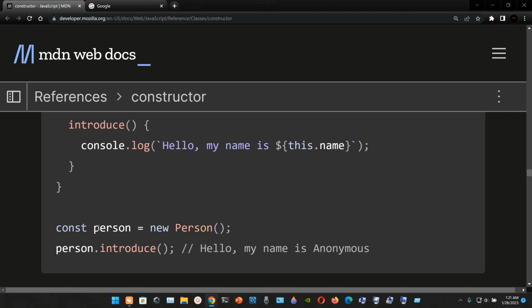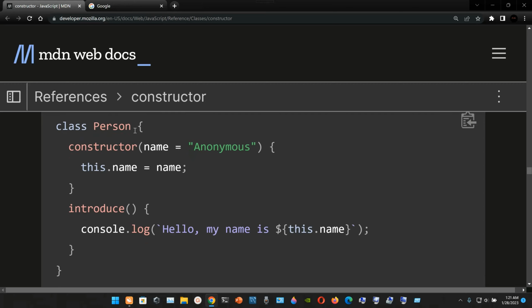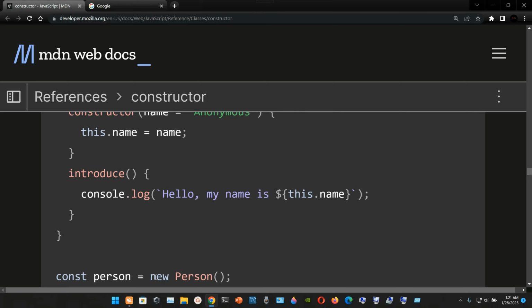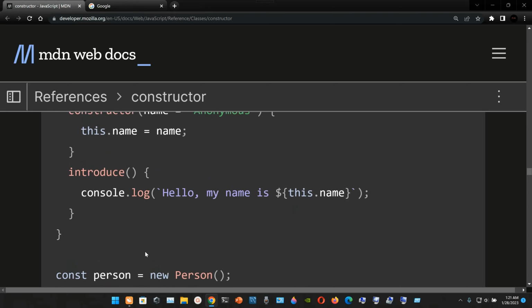So now we're going to declare a constant named person, and we're going to assign it to new Person. As you can see here, class Person, so this is a class, and after Person we use curly braces, but when we use the keyword new we write new Person, and this time we use no curly braces but we use parentheses. So for example, if we had class Programming, in this case it would be new Programming and then a set of parentheses. So in this case we have the constant person assigned to new Person, so we ended up with a